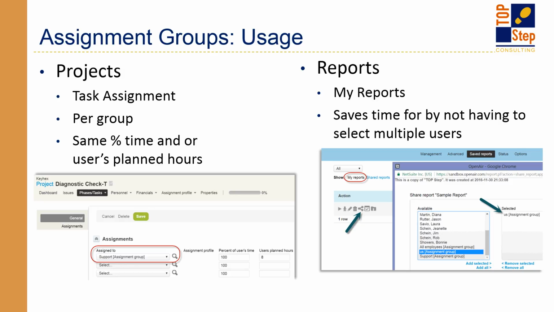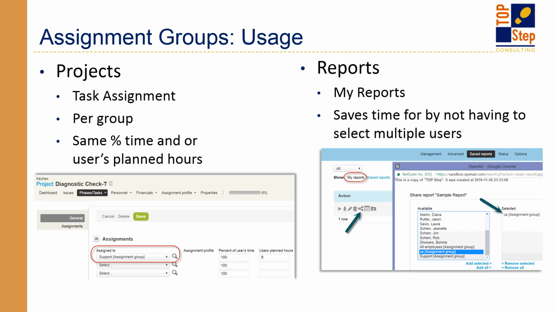And when setting up task assignments using the assignment groups, all the users will have the same percentage or planned hours at that task level. When using assignment groups for reports, those will be listed at the bottom of the user list and will indicate assignment group in brackets. Both of these are significant time savers when there's a need to select several users over